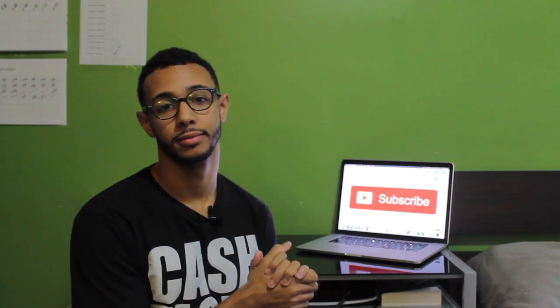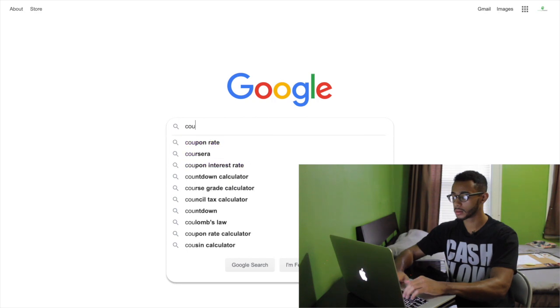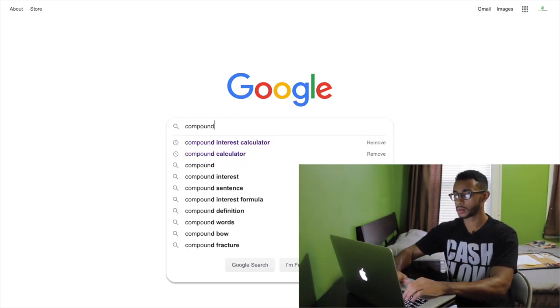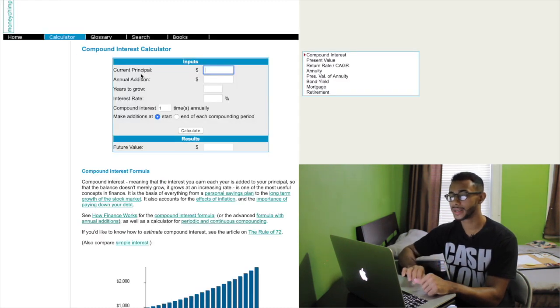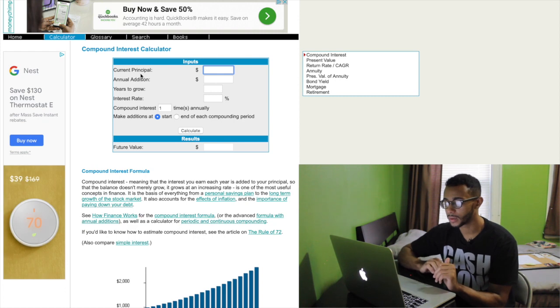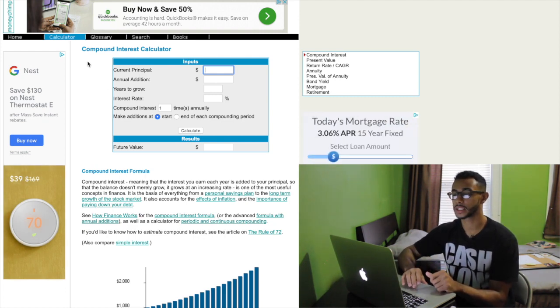Now let's look up compounding interest calculator on Google. I always pick the first one, the Moneychimp one. It's very simple, as you can see. There's only like 4 things you need to add in, and then you get your answer right away. So I definitely suggest that. I'll probably put the link down below so you don't have to Google search it.